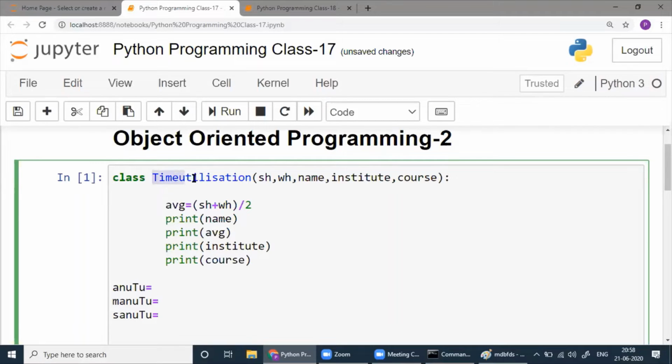If you have written time utilization, Anu's time utilization we wanted to find, that's fine. But if you write TU here, otherwise if you write employee is the class and these are employees, you write student is the class, these are students. You need not write anything. But we have taken time utilization here. So if you write TU here, it's better: Anu's time utilization, Manu's time utilization, Sanu's time utilization, because our subject is to know the time utilization. So what you want to find, that's important.